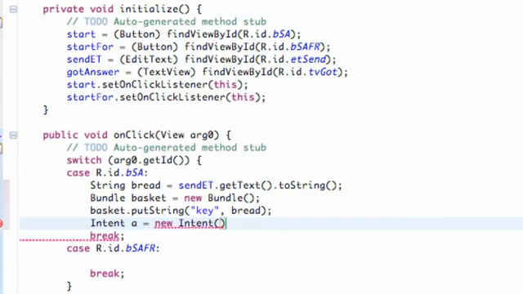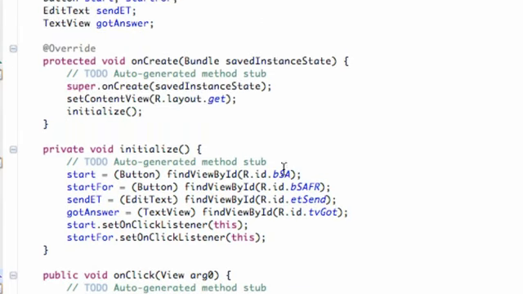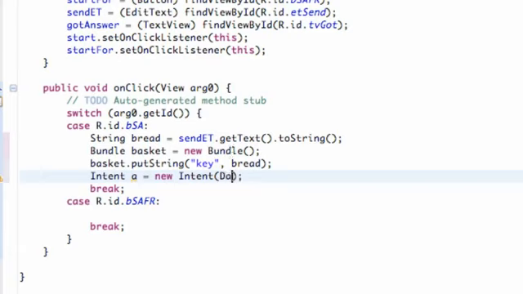But this is going to have slightly different parameters. Instead, we've got to give the context, and then say what class we want to open. So we're going to say the context of this class, which is called data. So we're going to say data.this, comma, and then the class name that we want to open. And so we're going to say open class